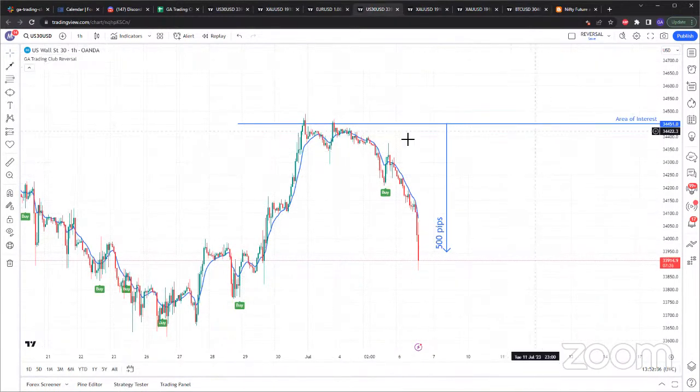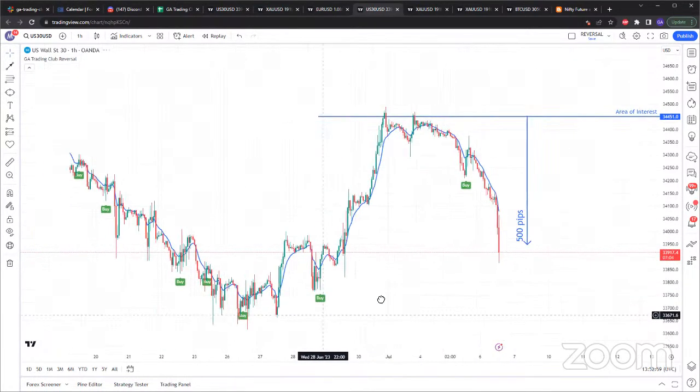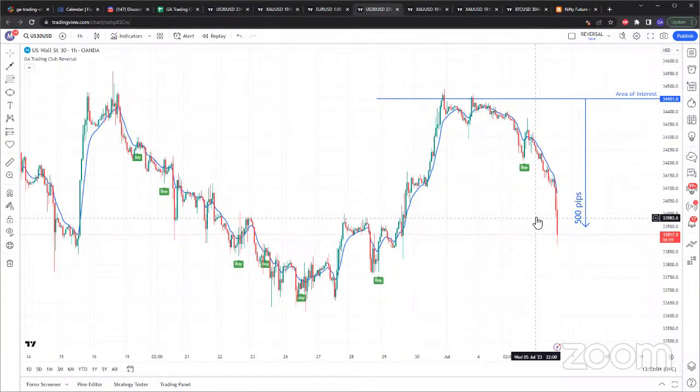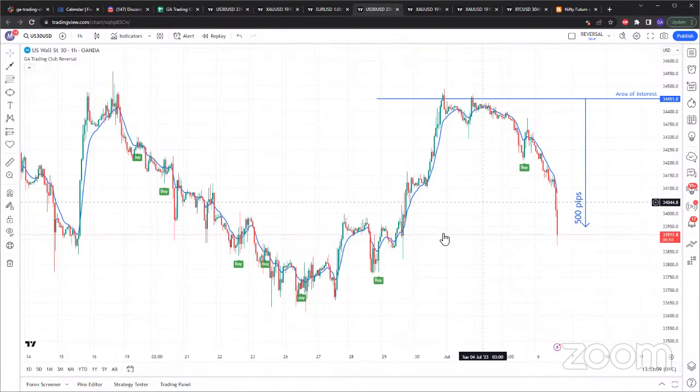So for the reversal indicator, this is what I'm expecting. I did mention all reversal entries that I take start from the 5-minute, but for US 30, we rarely get reversals on the 5-minute time frame unless it's a day before heavy news or a day after heavy news. And that's only like twice or thrice a month. But if you look at the indicator, it gives you entries regardless whether it's before heavy news or after heavy news. So what I realized when I was backtesting this, just by using the same confluences, you can get